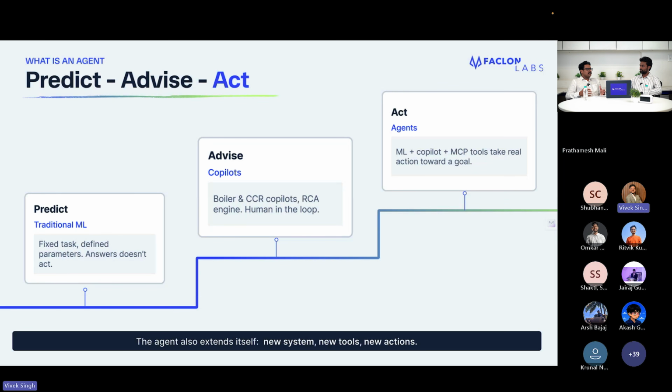So traditional machine learning models were specifically built on one data set with a specific objective on specific parameters. So the output was clear-cut defined. It was built to predict a quality parameter, to predict, let's say, if there is going to be a fault in the machine, or to predict simply if someone is wearing, let's say, a helmet or PPE kit or not, right, in the shop floor. So the objective was very much defined. A clear-cut defined set of parameter space in which that model has to work.